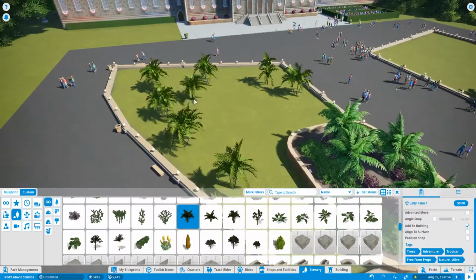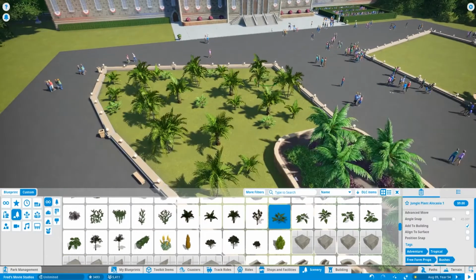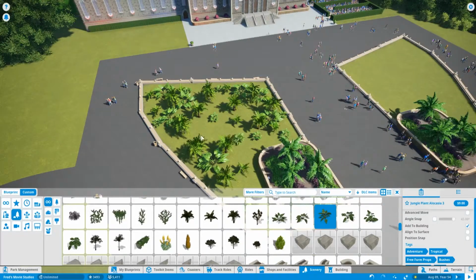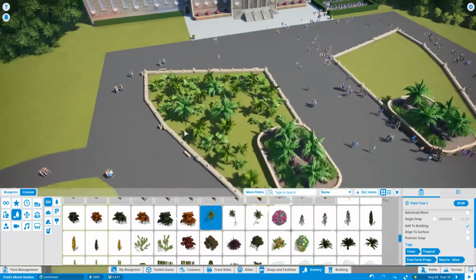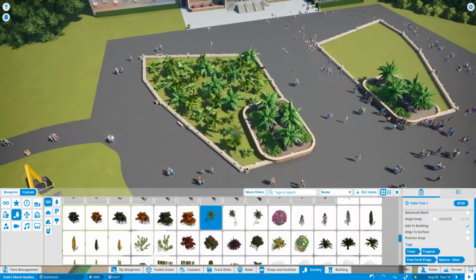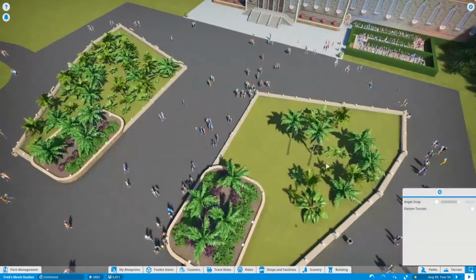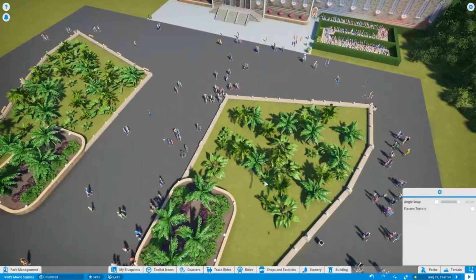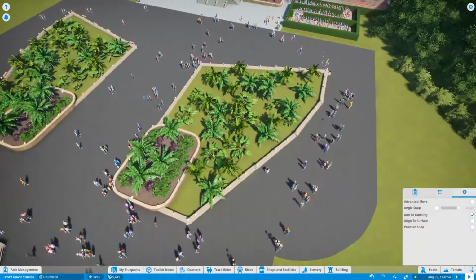Right here we are working on the area that used to be sort of a flower lake-ish in the Fred's Hidden Eyes. For people that didn't know, that's Fred's face here that you're walking on, just like the hidden Mickey in Disney World. But we're doing some palm trees and some tropical trees here because I really enjoyed how the Vietnam area turned out for the Apocalypse Now ride, which is a time-lapse video in itself. I just love that palette, and considering that this is supposed to be in the tropical area of Florida,